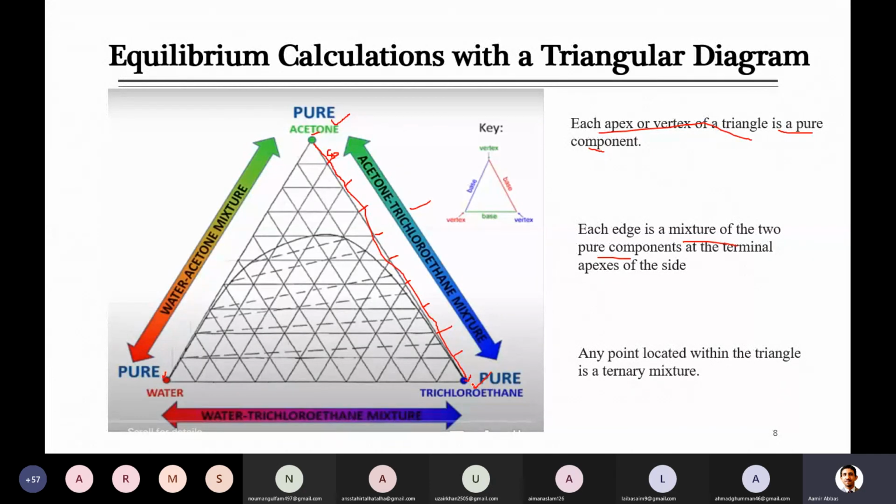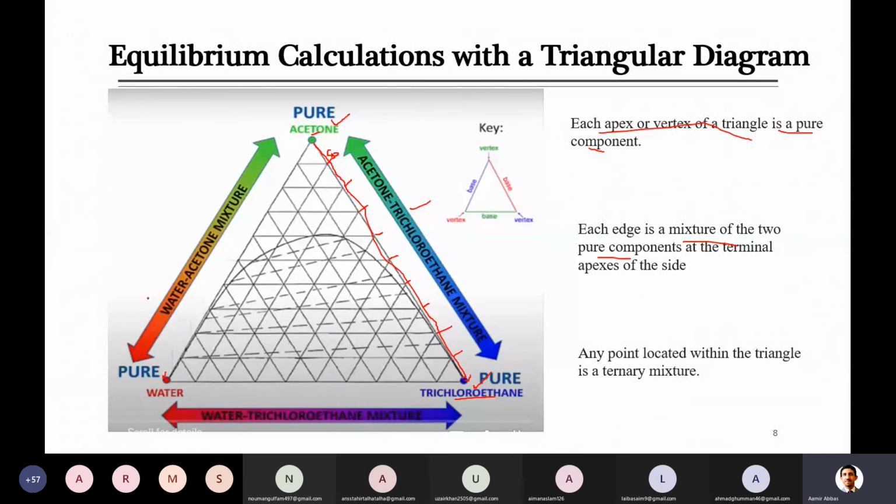For example, suppose your feed contains these 2 components and you need to locate the point. On this line, for example, acetone is the solute and it is only 1%, so you will be very close to this point. If trichloroethane is the initial solvent, it is 99% and acetone is only 1%. So to locate our point on the diagram, we will be on this line because we are talking about 2 components, and overall it will be located somewhere here at 1%.